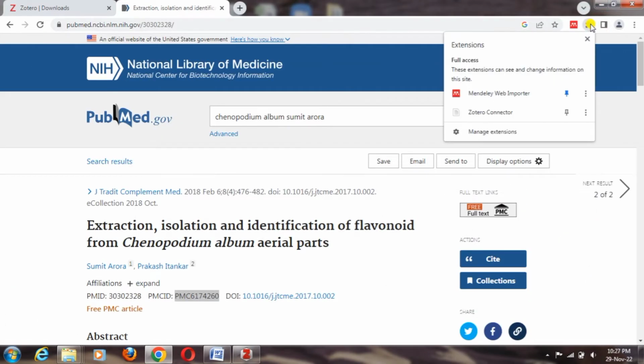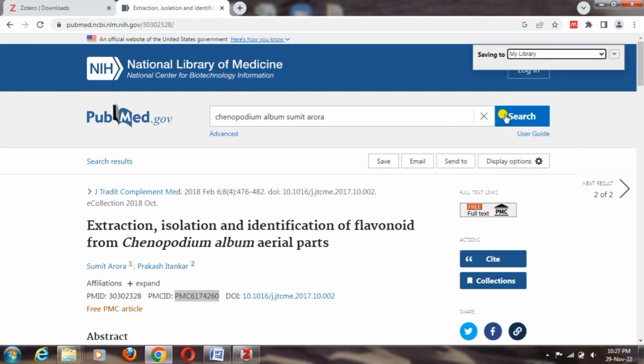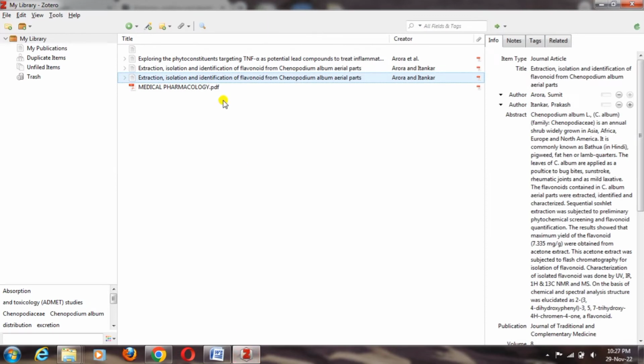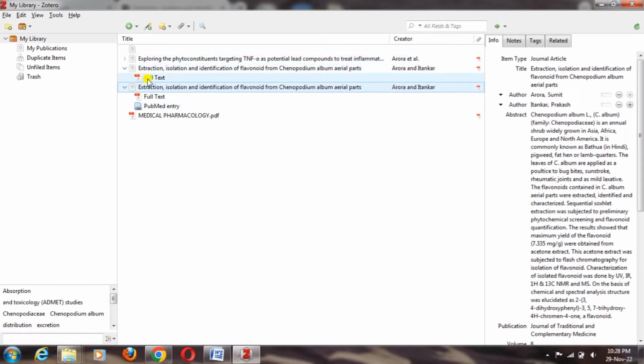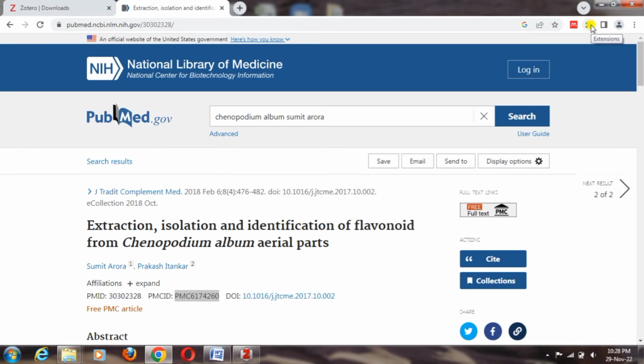Go to the extension and click on Zotero. After clicking on Zotero, you will see the PubMed entry and open access. This extension will directly add the reference in Zotero. You can see one reference already included. The second one is the PubMed entry. Because we added the reference with the help of the PubMed ID, this PubMed entry will appear, while in the earlier case, only the PDF file is available. This is the difference. If you add the reference with the help of a PubMed entry, you have to go for this extension. That's why we earlier installed the Chrome connector with Zotero.